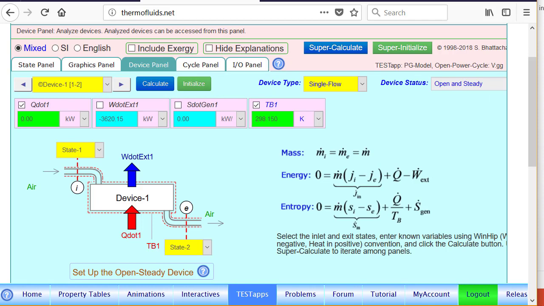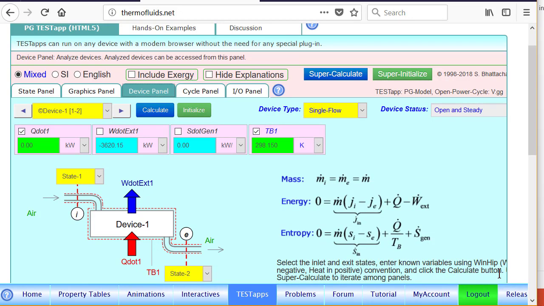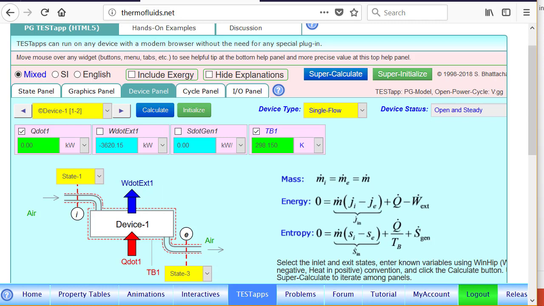We come back to the device panel, and let's go over all the devices, making sure the inlet and exit states are correct. As you can see, device 1 was set up for the ideal compressor, 1 to 2. So we better correct that to 1 to 3, the actual compressor exit. Q dot equals 0, so we calculate the new value of the compressor power. For the other devices, I've already corrected the inlet and exit states. For device 2, the heat exchanger will be 3 to 4, calculate, and for the turbine it will be 4 to 6,